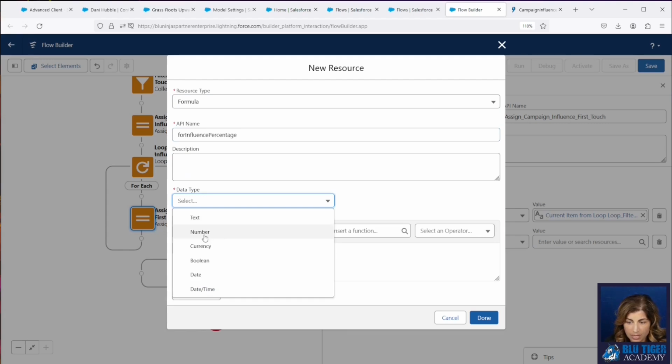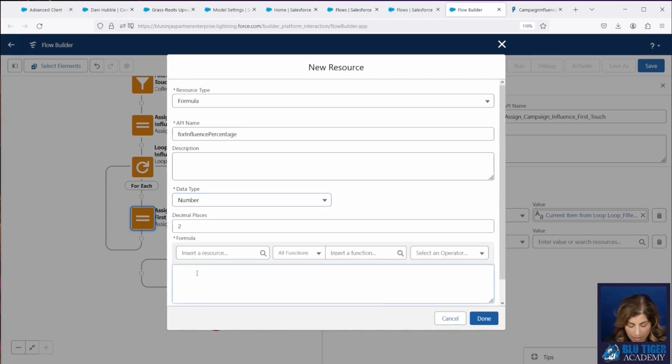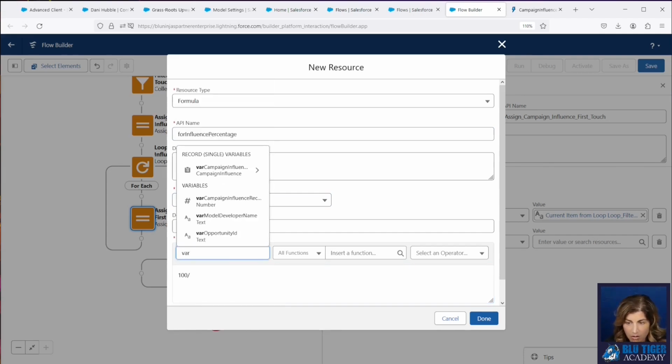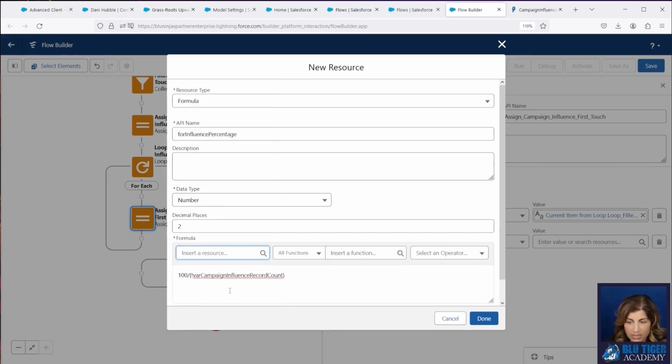And this is going to be a number. And then we're going to just do 100 divided by our variable that's counting the number of campaign influence records. So if there are 2 records that are coming into this flow, it's going to give each one an influence percentage of 50%. So it's going to give equal percentages to each record,